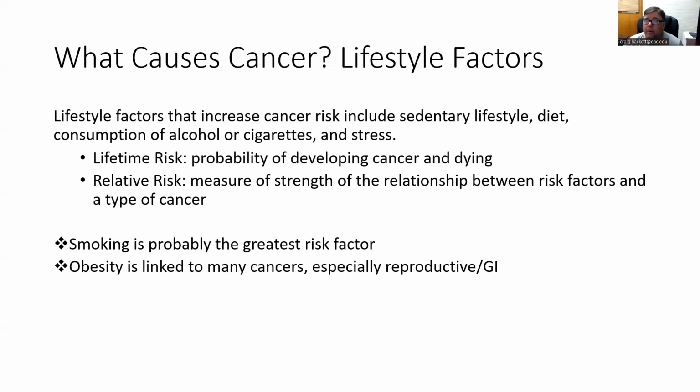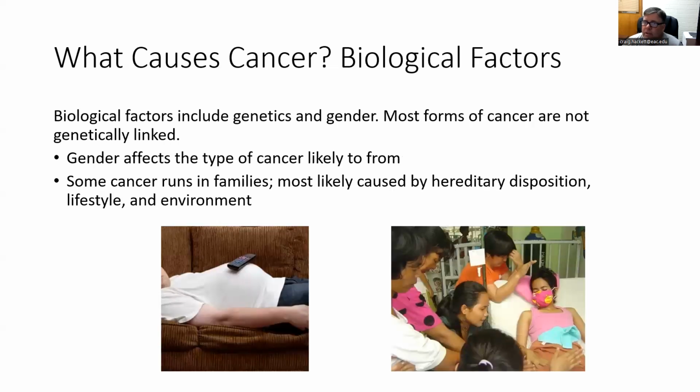There you go. Smoking happens to be probably the greatest risk factor. So that's why I use that as an example. There are others, and we'll look at them when we look over the individual cancers. Some of them are like strong relative risk, but there is a relative risk there. So just, once again, proper nutrition, controlling your weight, exercising, controlling your stress, trying to live a good life is really going to help a lot. Certainly biological factors. There are some cancers that are genetically linked and some that are not.